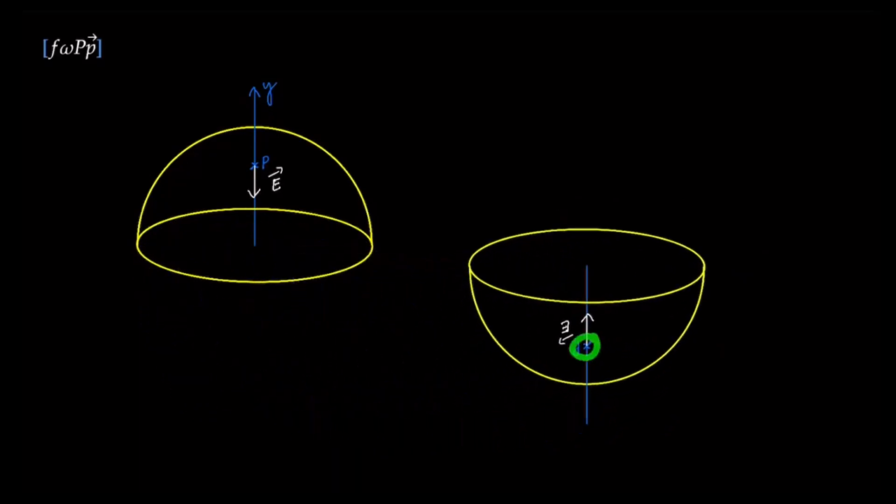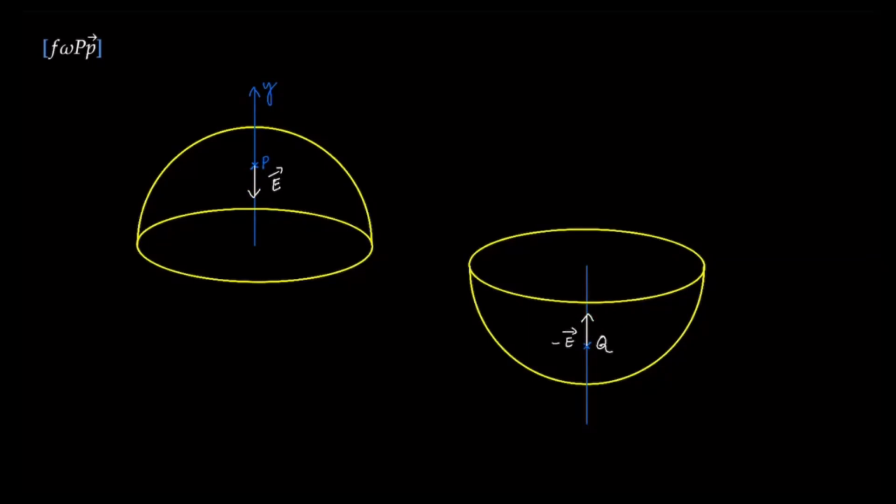The point P now in the lower hemisphere is exactly like the point Q in the problem. So that's Q. The electric field now here is pointing in the upward direction. There we assumed it downward. When you rotate it, it looks like it's in the upward direction. At P, it's called E and it's in the downward direction. And at Q, it looks to be in the upward direction. Therefore, this must be called minus E.